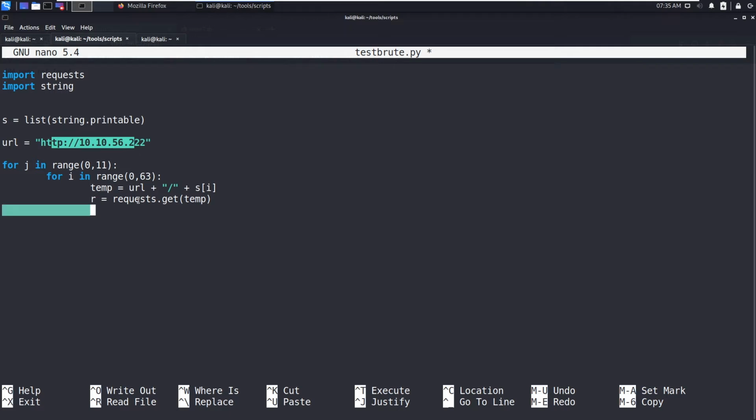Now we have sent the request. I need to check r.status_code is equal to 200 and length of r.text greater than, let's say, 15 characters.